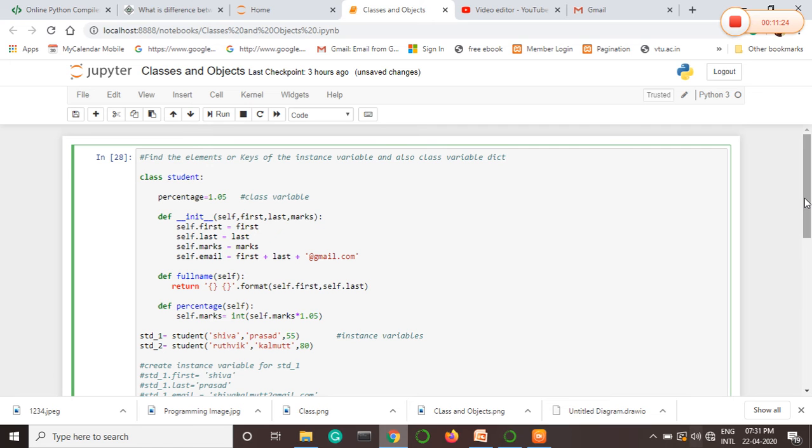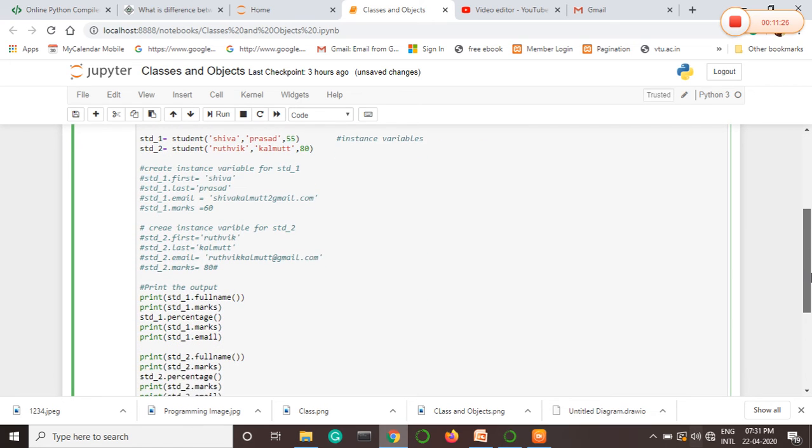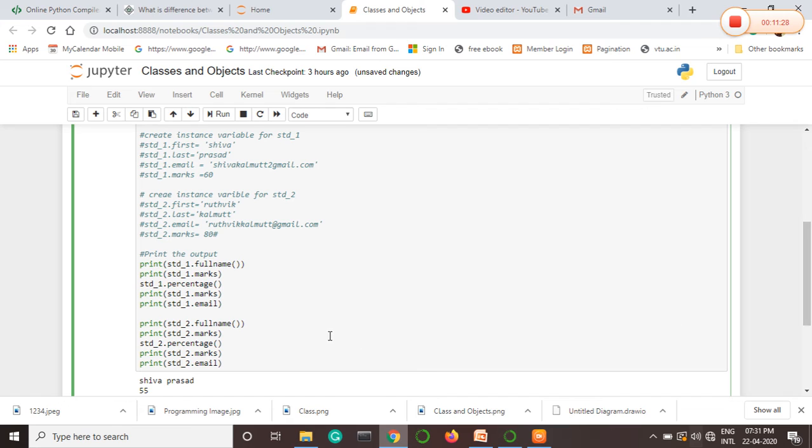Okay, fine. Here everything will be the same, and the only thing is we have to go to this particular place, comment one thing, and print the elements of the instance variable. Before doing that, what we have to do is use the particular dict function.